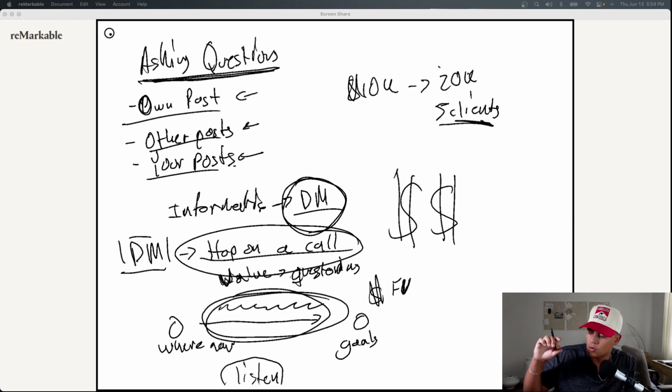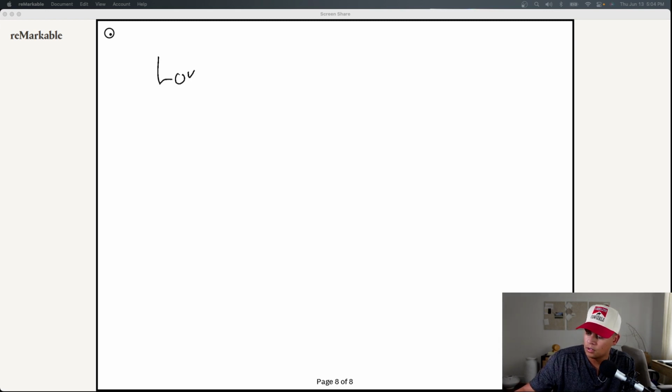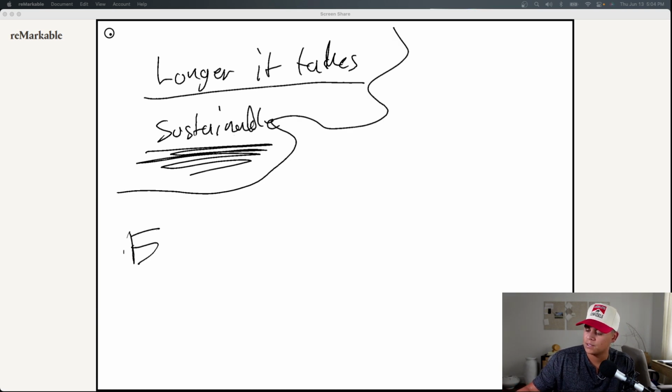So things that are worth having sometimes take a little long to get there. But what is most important is that usually the longer it takes, the more sustainable it is. The longer it takes, the more quality of client you're going to have, the longer they're going to stick with you. And one thing that I want to do before I wrap this up is make sure that expectations